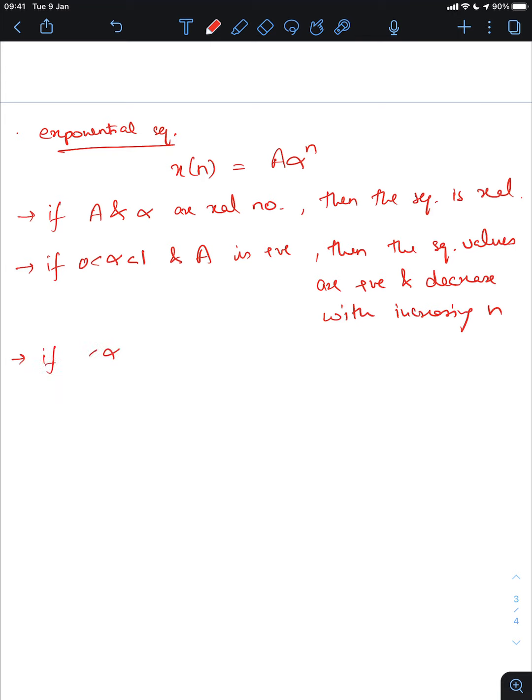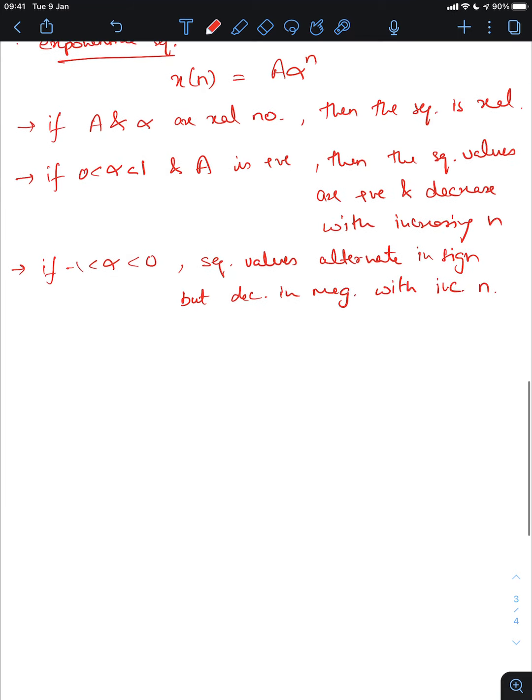Now, if alpha lies between -1 and 0, in that case the sequence values will alternate in sign, but the magnitude will decrease with increasing n. Okay. The next condition is that if alpha